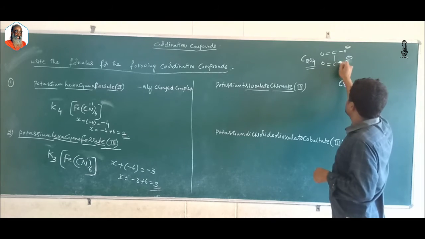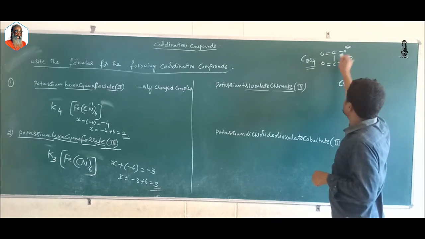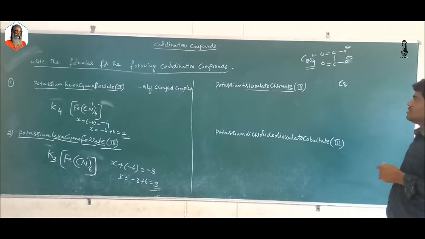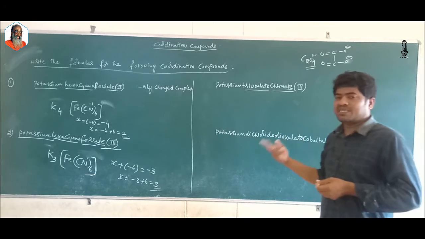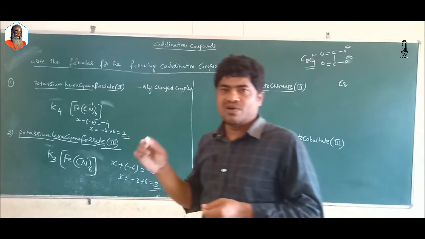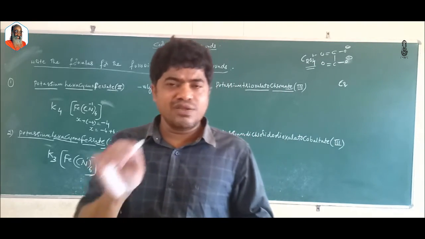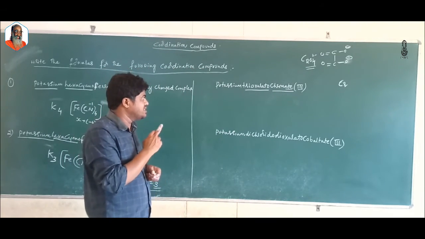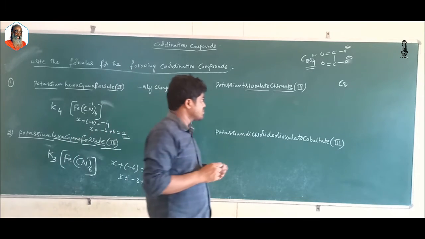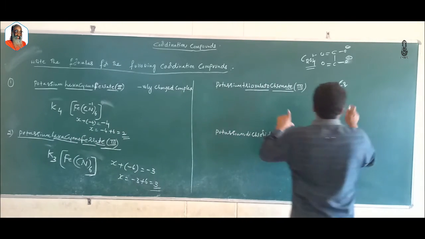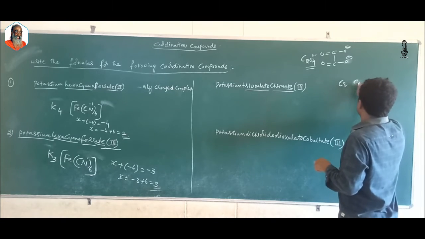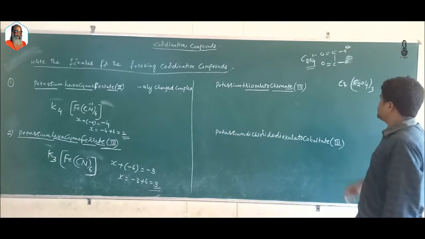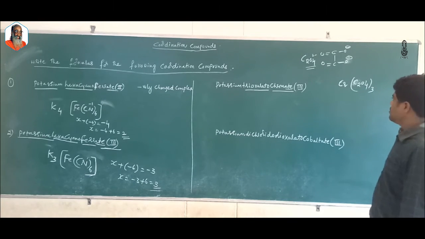So this is C2O4, C2, 1, 2, 3, 4, 2 minus. You need not write charge when writing the symbol of ligands or representing a ligand, but remember the charge so that it will help you to calculate the oxidation state of the central metal atom. Trioxalato means C2O4 taken thrice. Chromate.